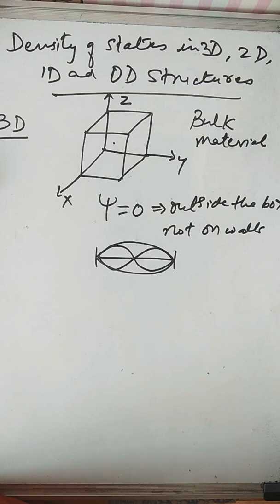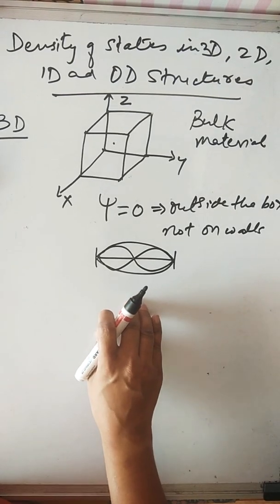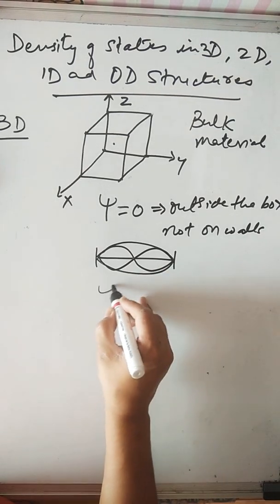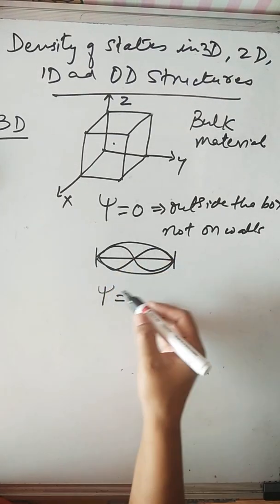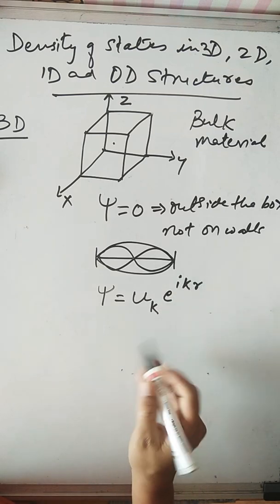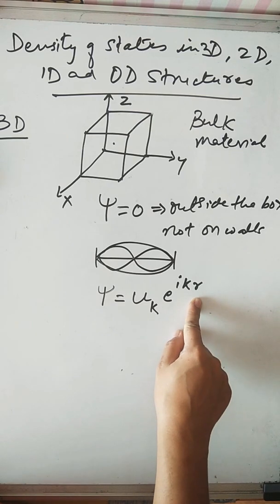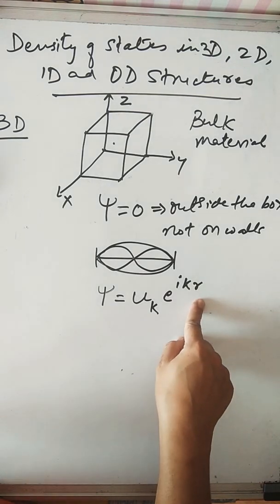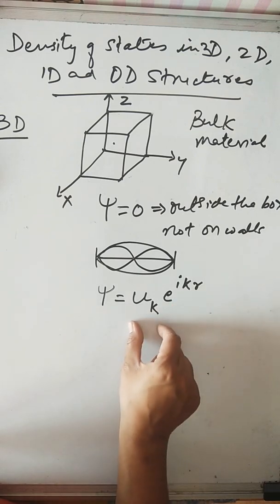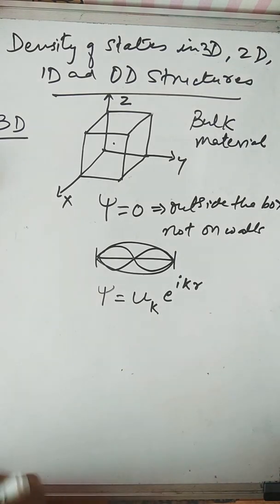Now the next thing I am explaining is the phase of the wave, the wave that is traveling. Since the wave is oscillating, it is periodic. For a periodic wave, we write the wave function as e to the power iota k r. We are using r because we are talking about three dimensions. If we were talking about only a single dimension, we could put x. But since we are talking about three dimensions, the wave function is given by psi equals u k e to the power iota k r, where u k is the periodicity and e to the power iota k r is the equation of a plane wave. Now what does this k dot r